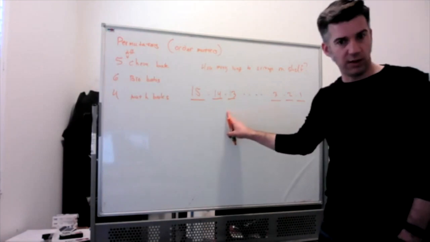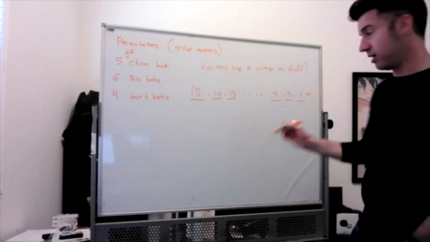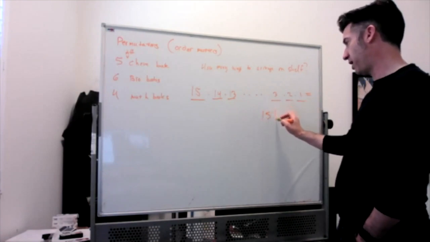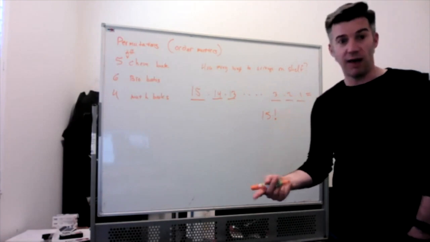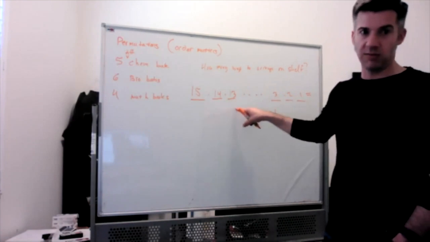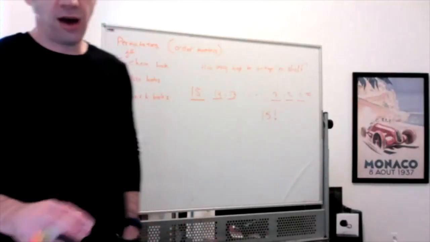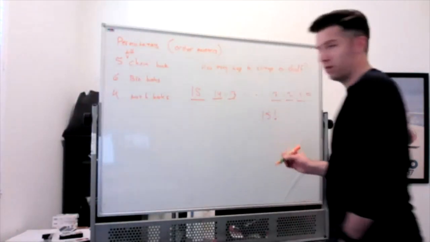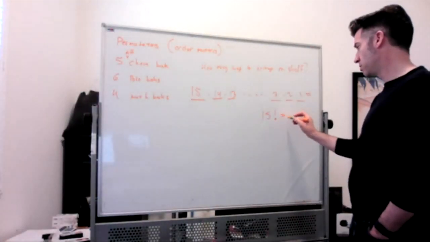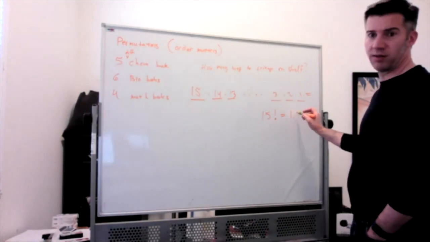This number, I know we talked about this in class, is more compactly written as 15 factorial, with just a little exclamation point after the 15. That means the same thing as 15 times 14 times 13 all the way down to 1. I will also point out this number is big. Apparently this number is, I feel like this is an approximation, 1.31